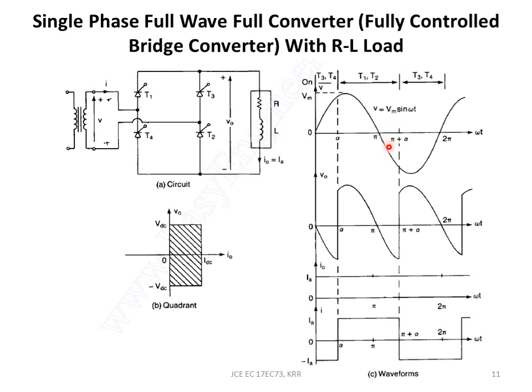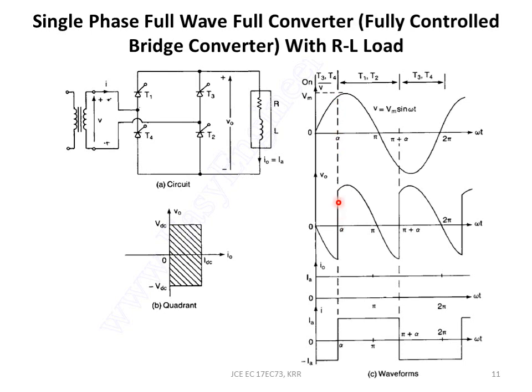And it will go on flowing till, see, meantime, the input voltage has reversed and these two are forward biased, but they are not conducting because the gate pulse has not come for them. Their gate pulse will come at pi plus alpha. So till they start to conduct, the previous two thyristors will continue to conduct. So you can note that alpha will be triggered here in the positive half cycle.